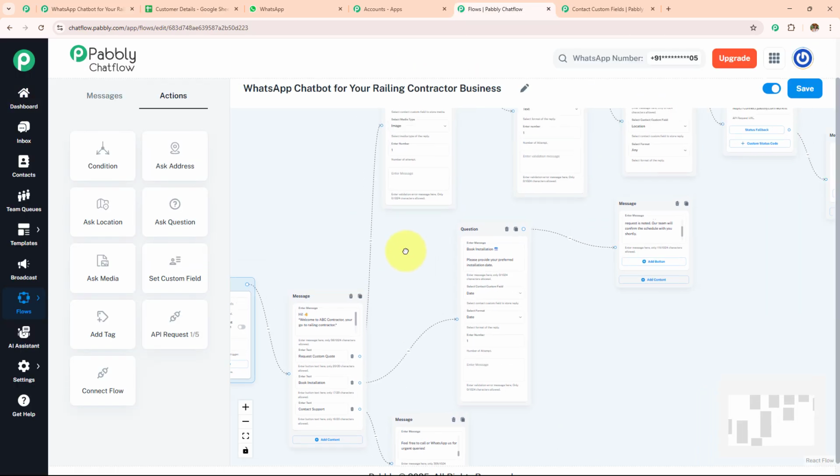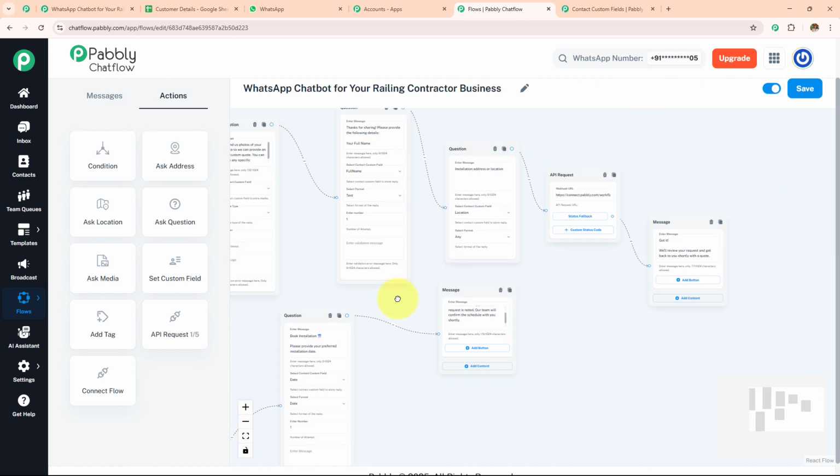Here we have successfully created a WhatsApp chatbot for your railing contractor business,